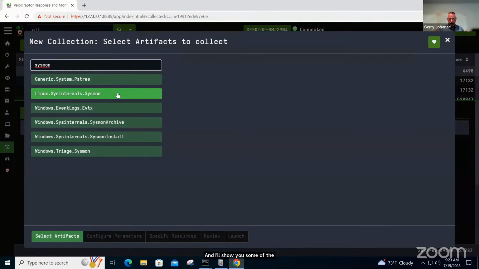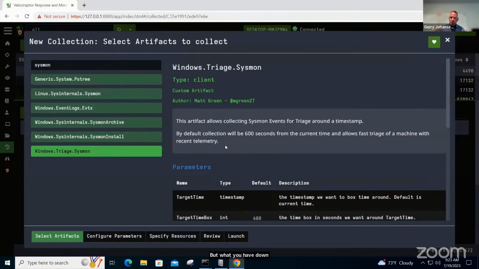One other thing that I neglected to talk about, and it's outside the scope of what we're talking about today, is that this is available for Linux as well. So if you're running a lot of cloud systems or Linux in your environment, there is a Sysmon that works with Linux. But what you have down here is a triage. This is the Windows triage.sysmon artifact in Velociraptor. What it does is it collects all of the Sysmon event log entries for a specified